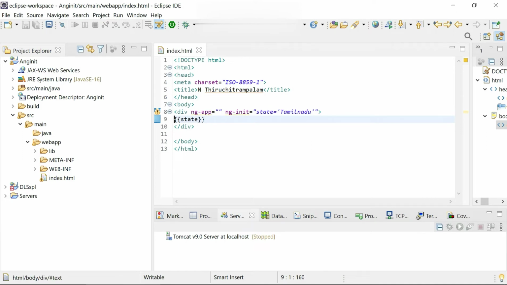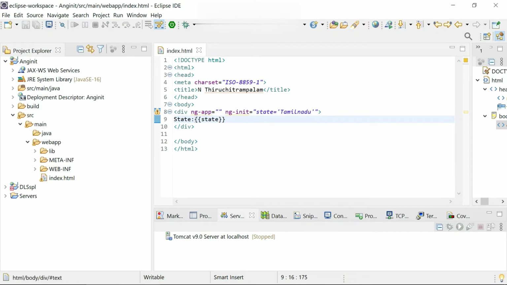So on the web page, the property name state would be converted into its value, Tamil Nadu. If you want to prefix with some other text, I just give state colon. So state colon would be printed, and then the value Tamil Nadu would be printed on the web page. All right, so let me run this.